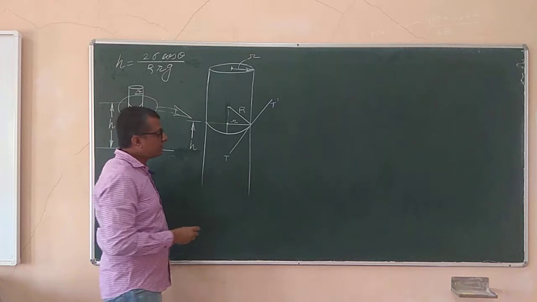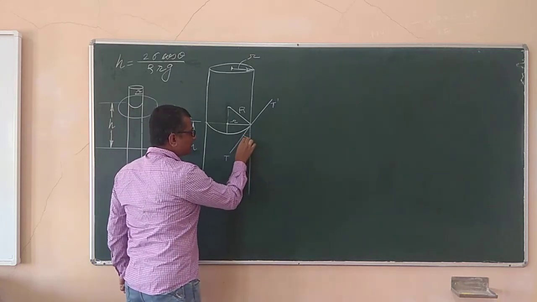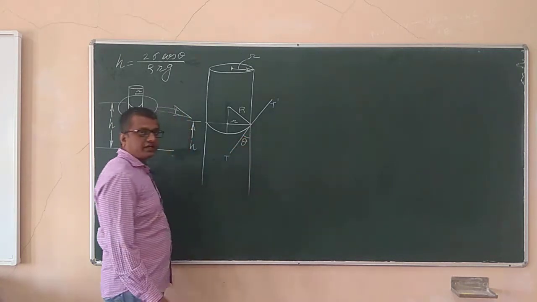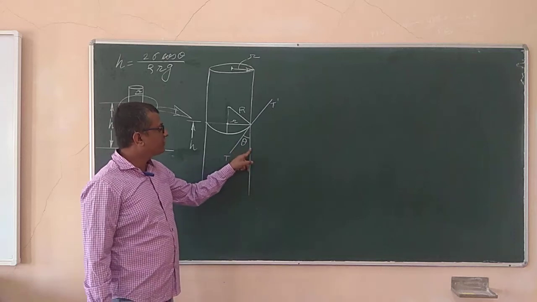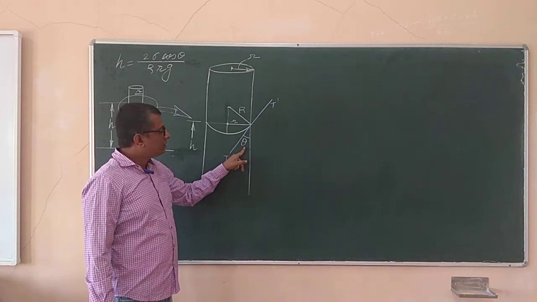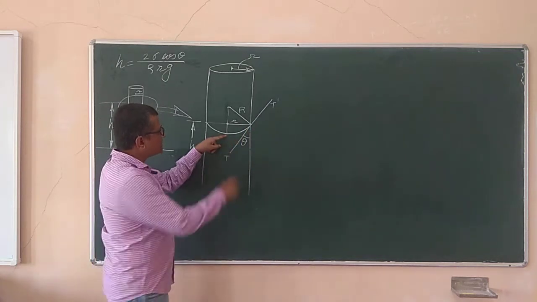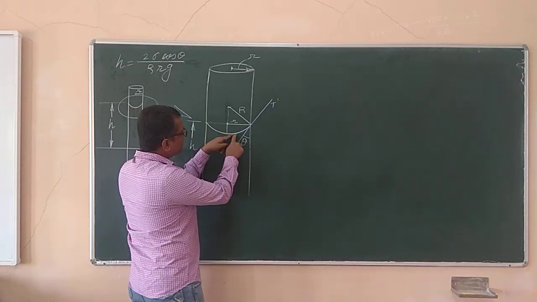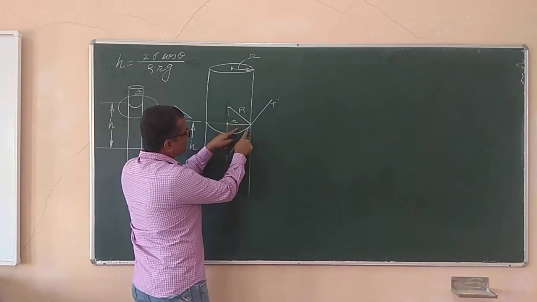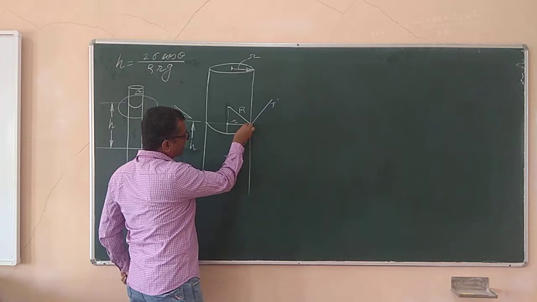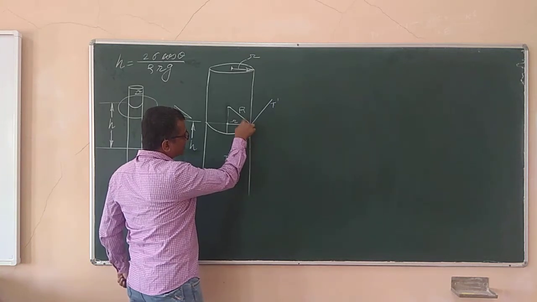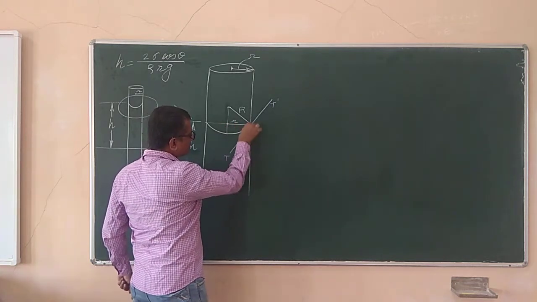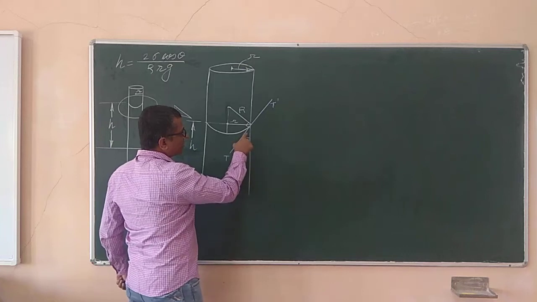Now we have already seen in the last lecture, this is the angle of contact theta. The angle of contact of this liquid solid interface is theta over here. Now if this is theta, I think this is the spherical surface, this is the radius, this is the tangent. So this totally has to be 90 degrees. Out of that 90, this is 90 degrees, and this horizontal R and this vertical surface is also 90. So this angle is theta.